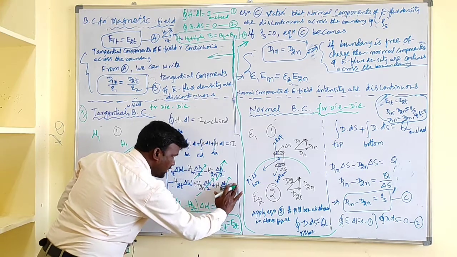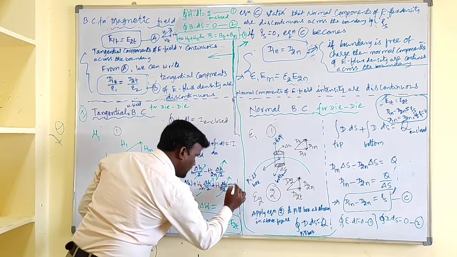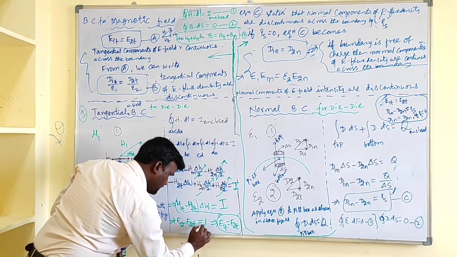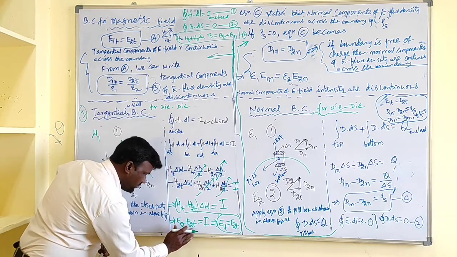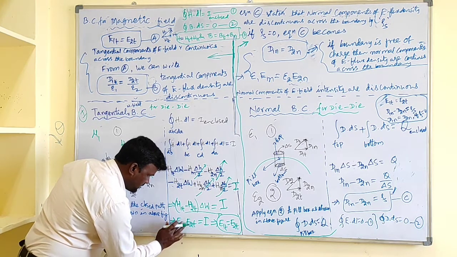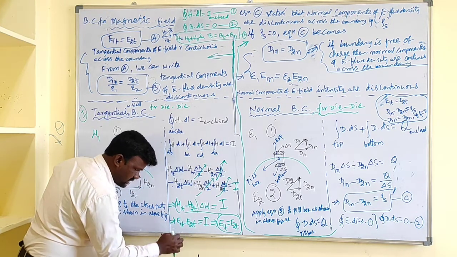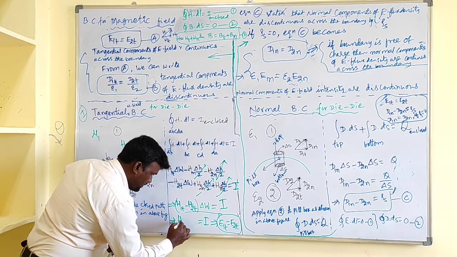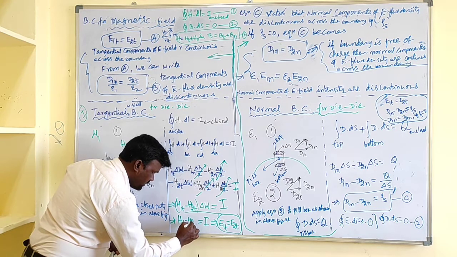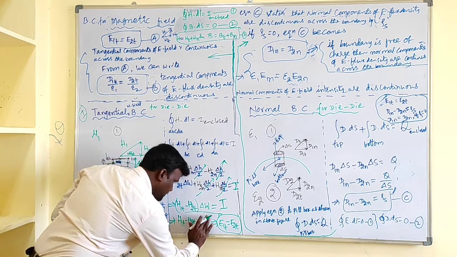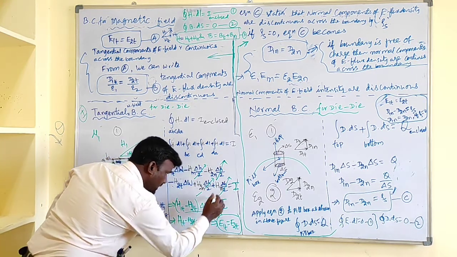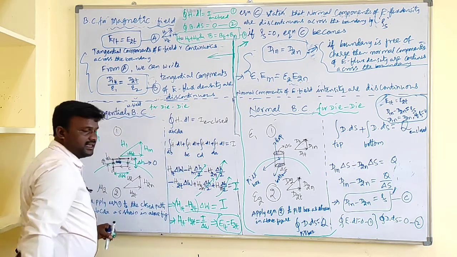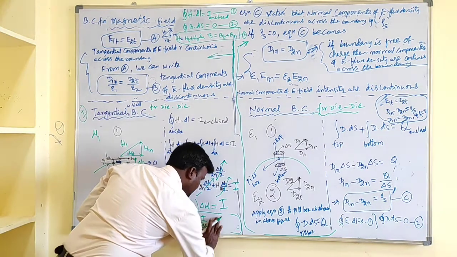Of course, it is not 0. It should be equal to what? I. Here also I, and here also I, whereas this one is what? Sorry, it is E1t in the previous case. Please correct it. So that's why it is H1t minus H2t delta w. Send this delta w to this side. We can write I by delta w, that is amps per meter.